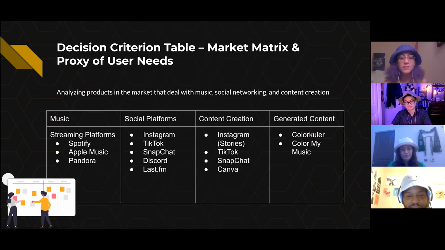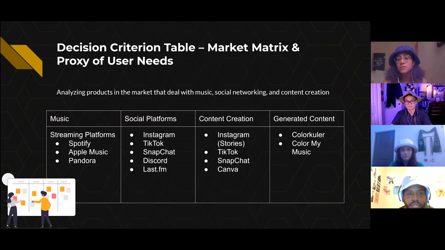This is the part where we analyzed products that were already in the market that deal with music, social networking, and content creation. So for music, we decided to focus on streaming platforms like Spotify, Apple Music, and Pandora. For social platforms, we chose Instagram, TikTok, Snapchat, Discord, and Last.fm. For content creation, this kind of overlaps with social platforms with Instagram stories, TikTok, Snapchat, and Canva, which is like